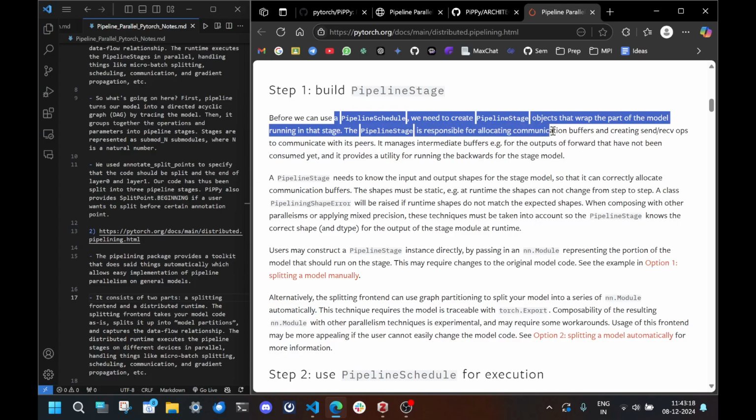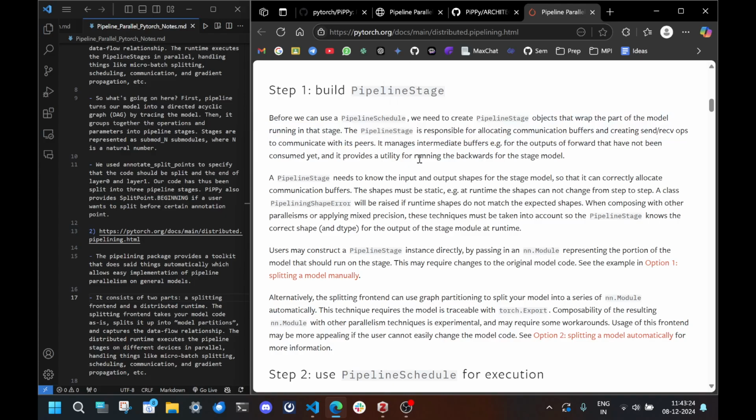The pipeline stage is responsible for allocating communication buffers and creating send receive ops to communicate with its peers. So it needs to receive from the previous stage and send to the next stage. It manages intermediate buffers, like outputs of forward that have not been consumed yet, and provides a utility for running backward. A pipeline stage needs to know the input and output shape so that it can correctly allocate communication